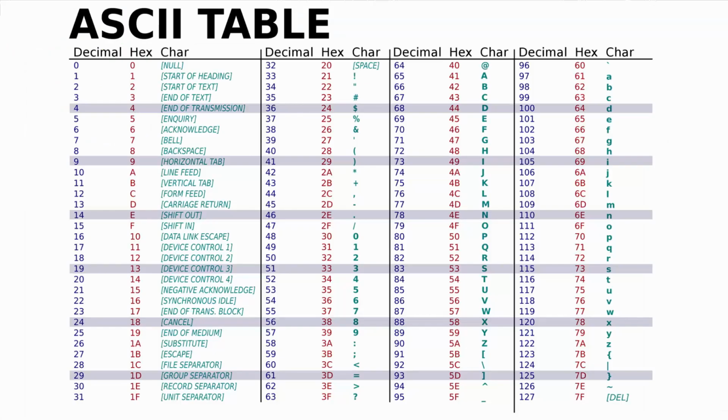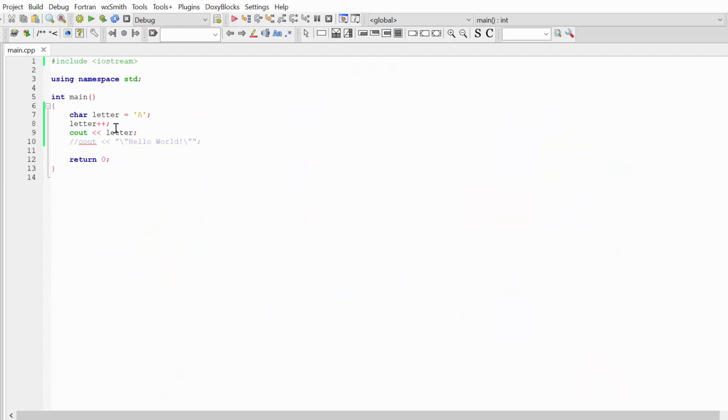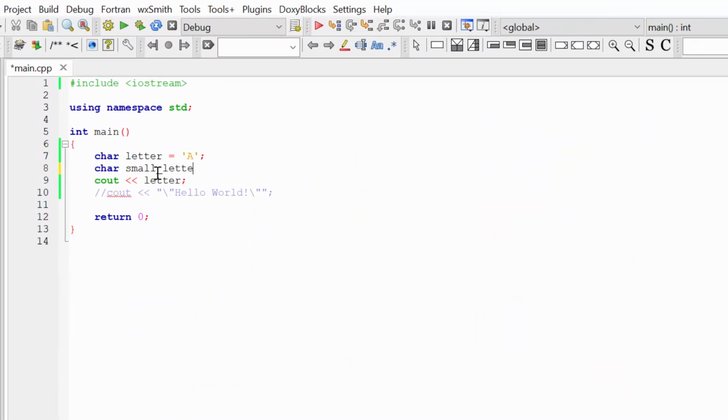Another cool trick: you can see that in this table, A, B, C, D are numbers from 65 to 90, and small letters a, b, c, d correspond to the numbers 97 to 122. So there is a fixed difference between big letters and small letters. Let's say I want to create a new char, small letter, that will be equal to my letter plus 32.